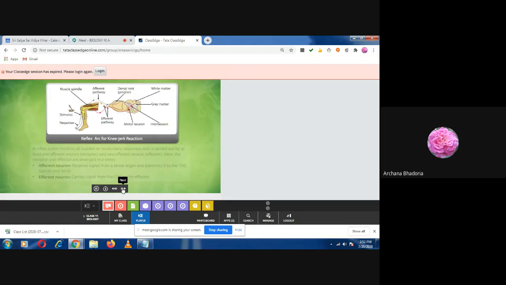Now I want everyone to prepare the reflex arc. You read the reflex arc part given in the textbook and you will explain it to me in the next period. Is that clear to everyone? The reflex arc is the same as what you did in 10th class. You will read it in this book and explain it. I will ask anyone to explain the reflex arc with the help of the diagram given. The same diagram is given in your textbook also.